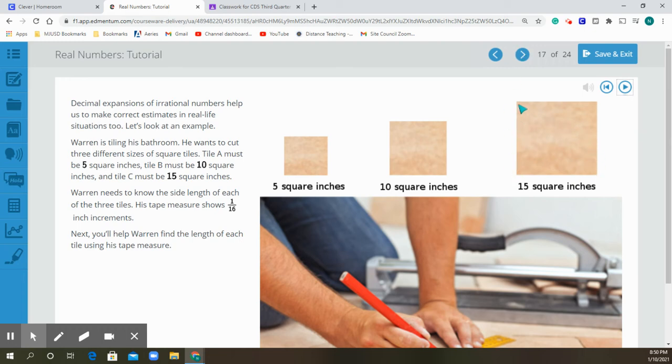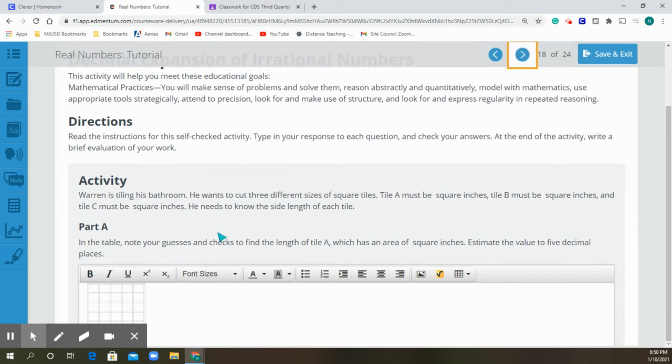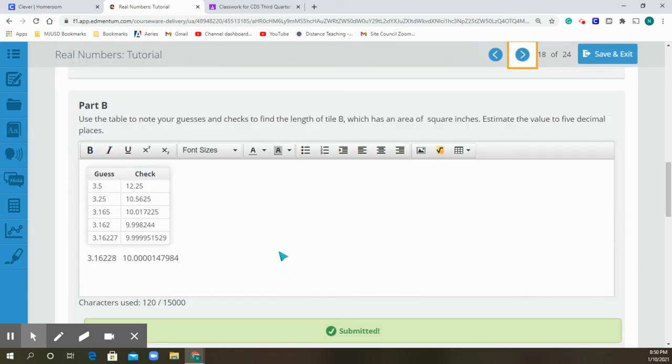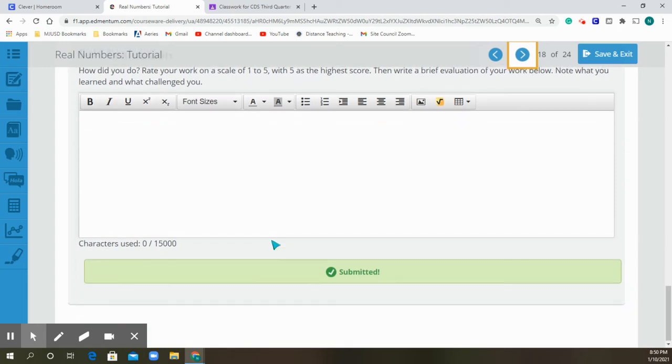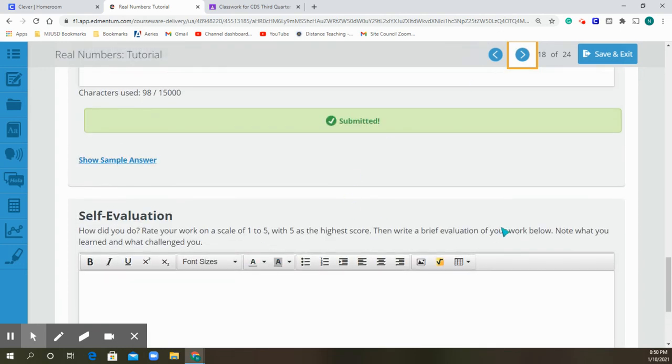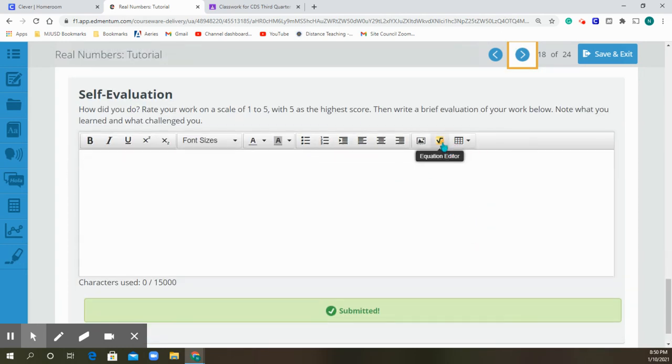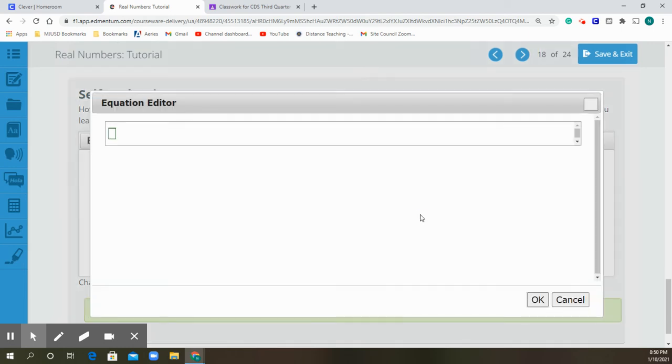So what is the length of this side and this side? What is the length of this side and this side? What is the length of this side and this side? And we can guess. We can do this guess and check with our calculator and figure that out. Now, there are other math ways of figuring it out too. By the way, in order to get that,